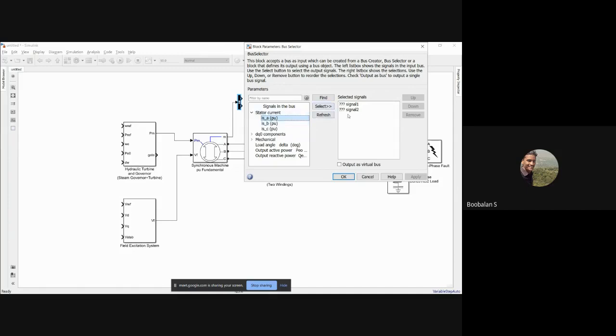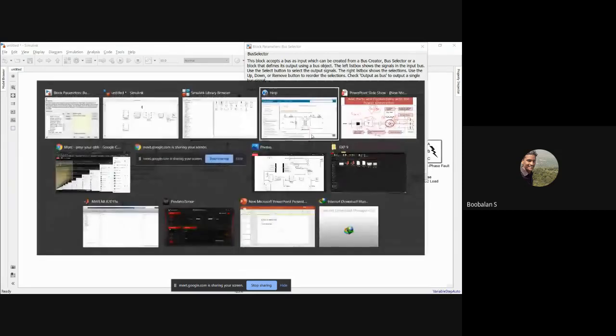Before going with it, on my right side, just remove these predefined values. Now I'm going to measure my stator current. Selected it. On the right side, the selected signals will show stator current in per unit. If you want to measure the 3-phase, individual phase currents, just select it. And I'm going to use the DQ components, so stator voltage, I'm going to measure it. For example, I need some reference things.